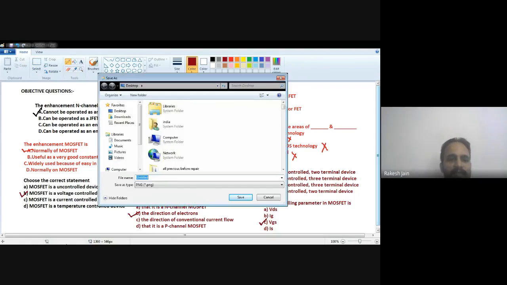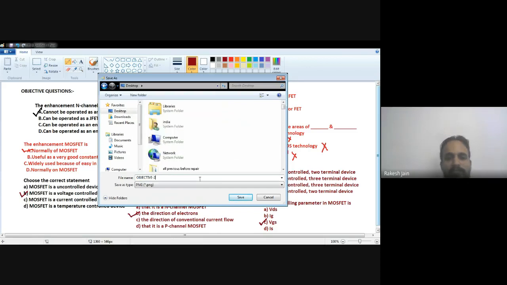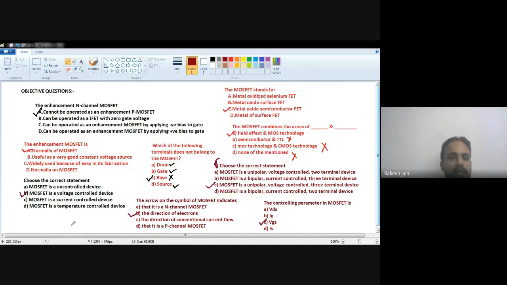So we see that with the help of those questions and analysis which we have already covered, in terms of the construction, working principle, and symbolic representation of the MOSFET, we are capable of solving certain frequently asked objective questions of many government examinations and competition examinations.